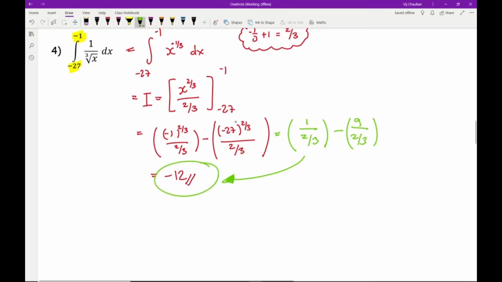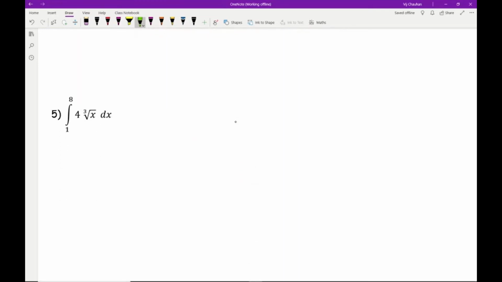So let's move on to question 5. Here we've got a coefficient in front of our function. So again, what we want to try and do is make our life a little bit easier by rewriting this before we start integrating. So what I've got is 4, and this is going to be x to